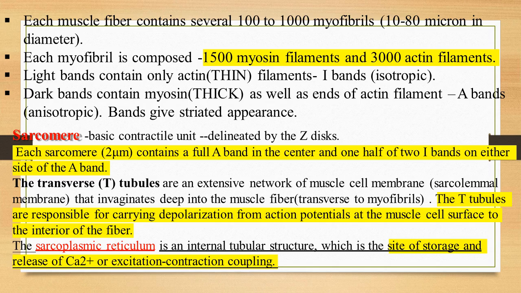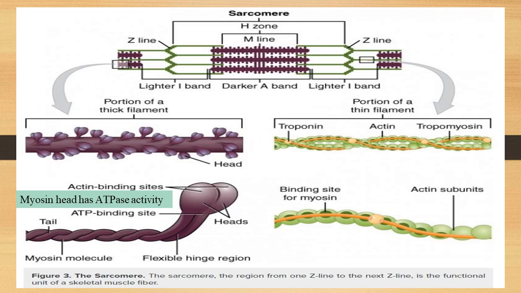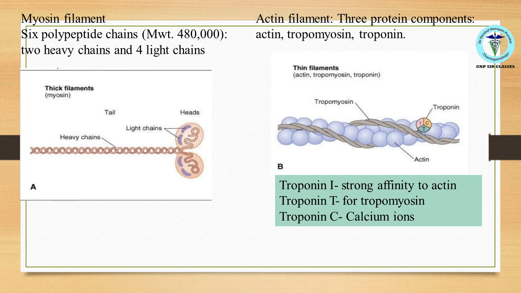Each muscle fiber contains numerous myofibrils, which are composed of myosin and actin filaments. The sarcomere, delineated by Z discs, is the basic contractile unit. The sarcomere's structure includes various bands and zones, with the myosin head exhibiting ATPase activity crucial for muscle contraction. Myosin filaments consist of 6 polypeptide chains, while actin filaments are composed of actin, tropomyosin, and troponin, which play key